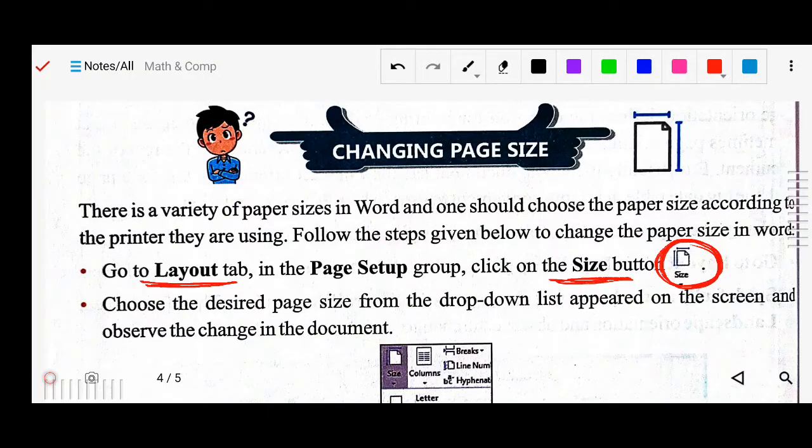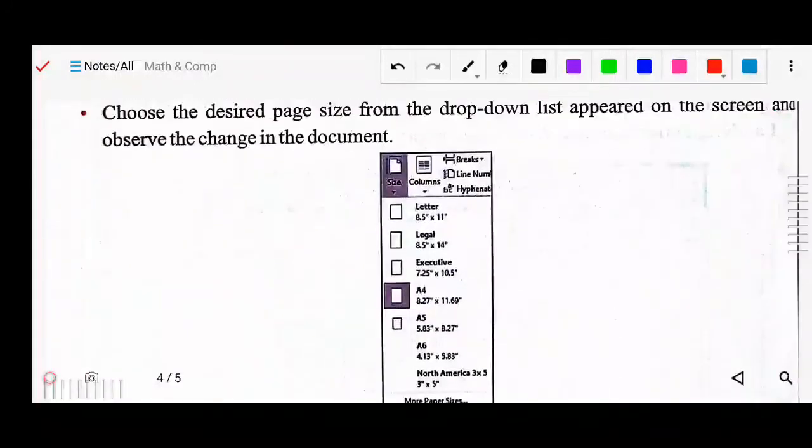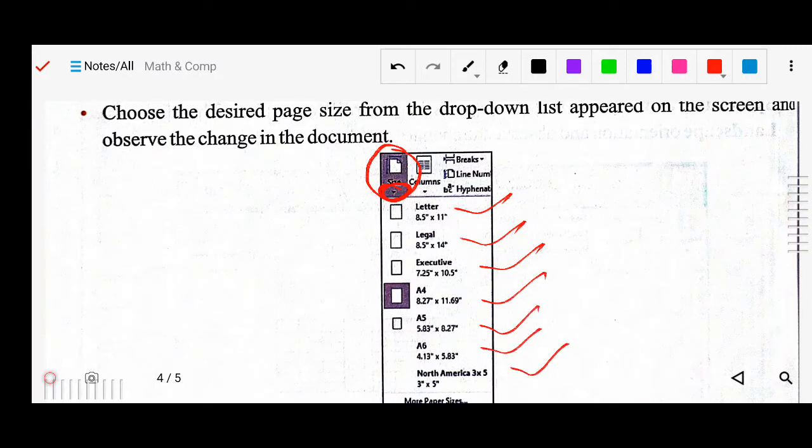From that drop down menu you will get different sizes of pages. Here is a page icon, and here is the drop down menu. There is a list of pages like letter, legal, executive, A4, A5, A6, and the North American sizes. These are the page sizes, and you can also customize it.